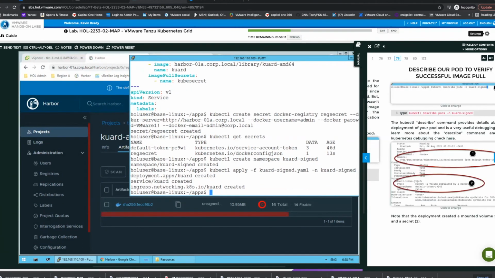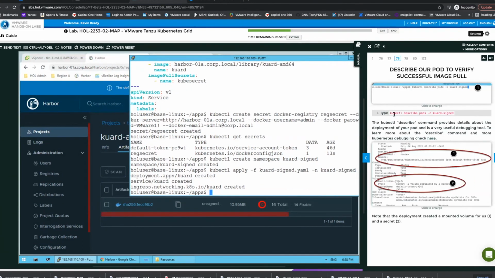Now let's take a look at that YAML. Let's take a look at that deployment. Kubectl describe pods is a very useful command for debugging. It's going to give us a lot of information about the pod. If you remember when we did a get pods, it really didn't give us much information. It gave us the name and the